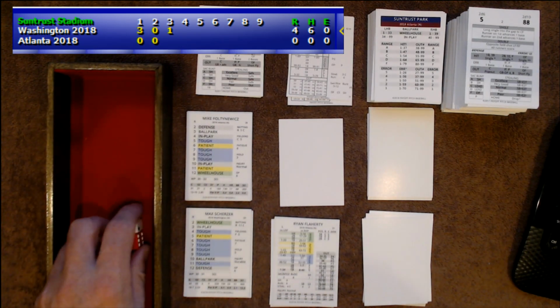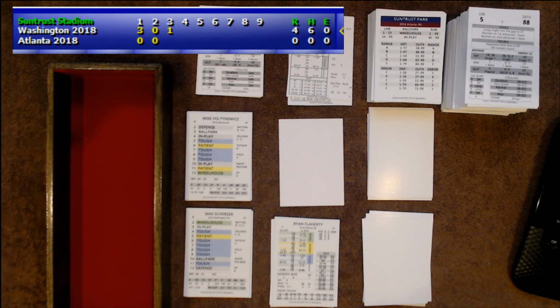and that leaves Max Scherzer to be the batter in the next inning. Dave Little, how you doing, buddy? How you doing? Thanks for coming by. Scherzer has a no-hitter going. Yes, he does.